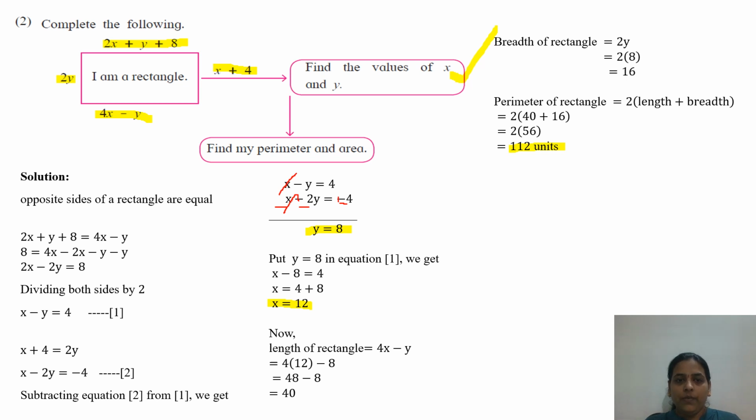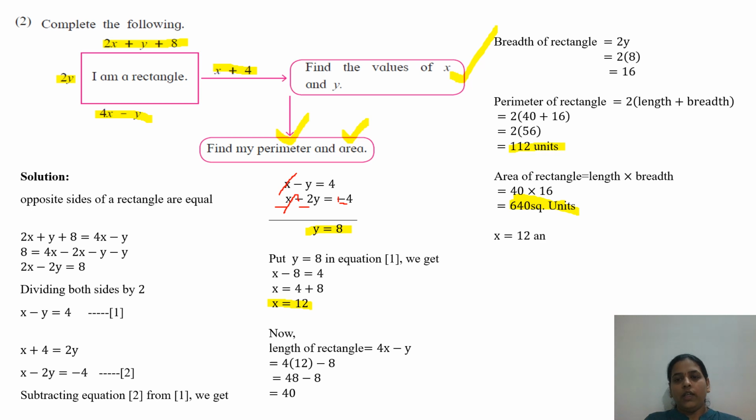Okay, perimeter. Next we want to calculate area. Okay, so what is the formula of area of rectangle? That is length into breadth. So now you have a value of length and breadth, so put the value here. Then length is equal to what? 40 into 16. When I multiply 40 into 16, what is your result? That is 640 square units. Okay, so this is your answer of area of rectangle. Clear? So this is also done here. Okay, so all parts are covered here.